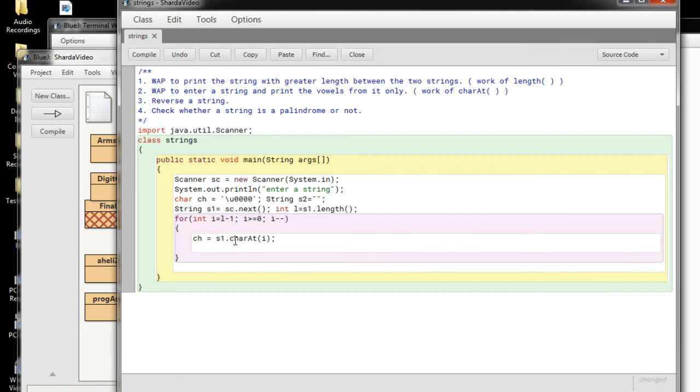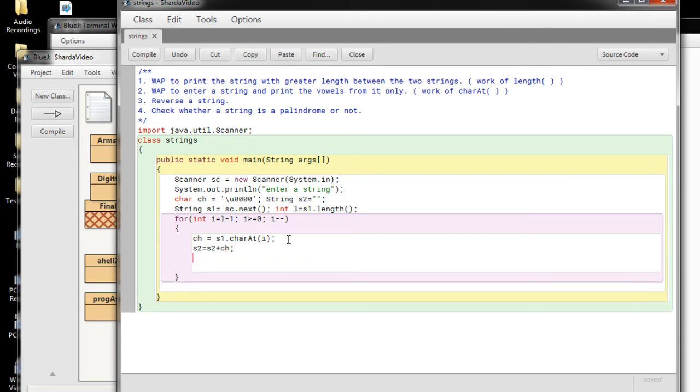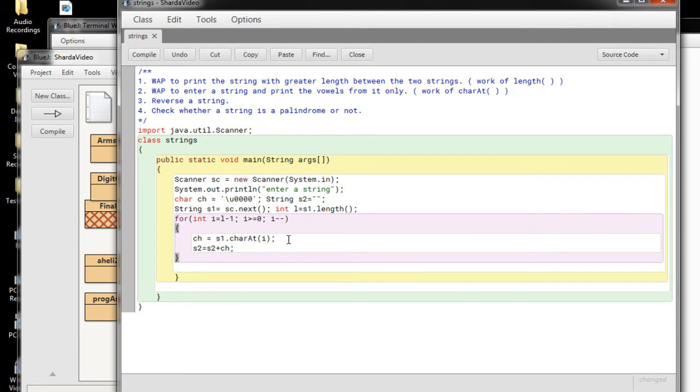So from the string you are extracting the character, and then you will have to concatenate them. You have to store it in a variable. For that I have taken S2. S2 is equal to, you had nothing in S2, so S2 plus from the end whichever character you have extracted. So that is the thing. Now this process will go on. So when you come out of the loop,